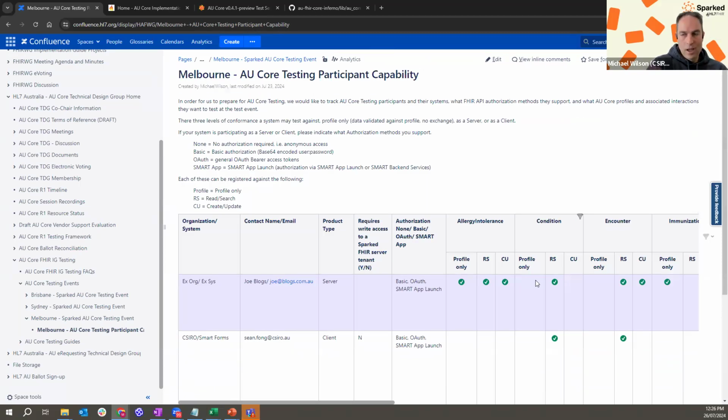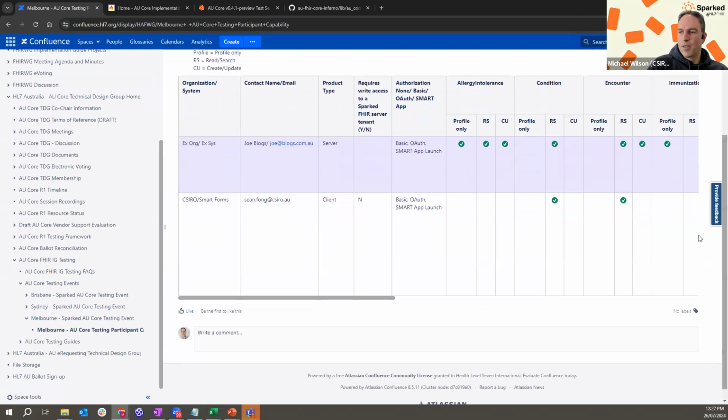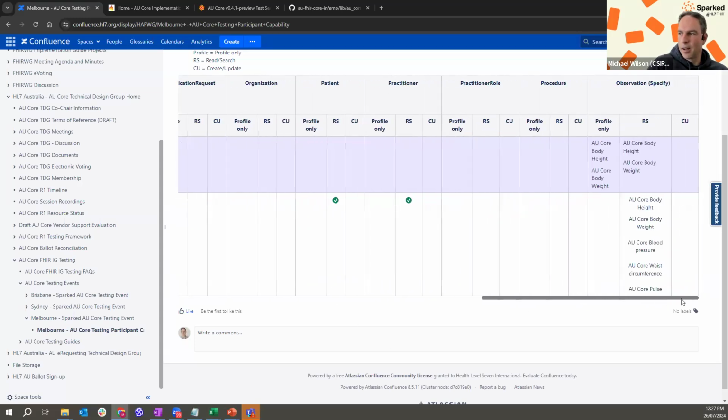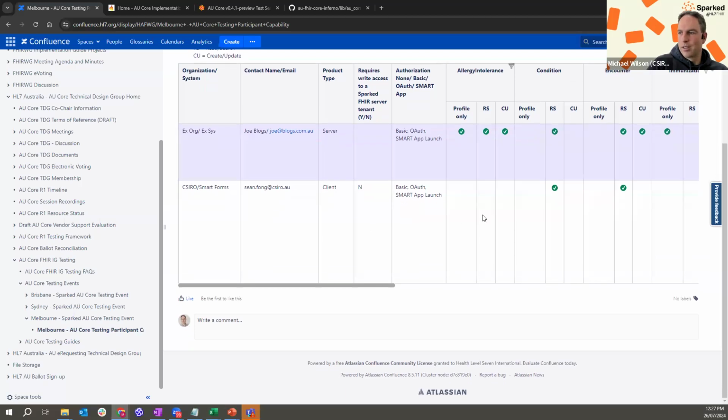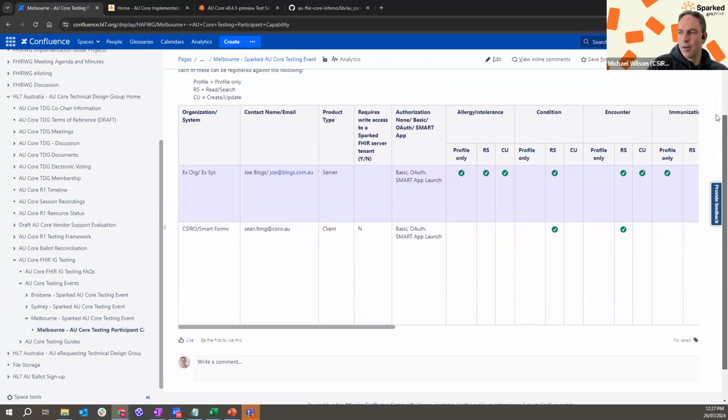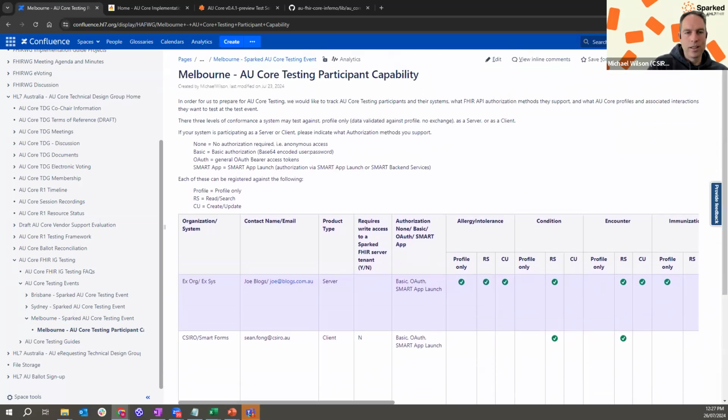So this is for use by people on the day at the event to know who else is here, what type of system they have, so that we can work together and collaborate on the day, doing some different connections and the like. So if you're able to edit this page, put in your organization, put in your product, and then what sorts of things you're looking to test on the day. That will be really useful for us so that we all know who's there and what they're testing, and we can work together and collaborate.